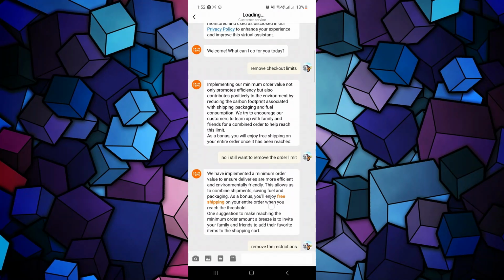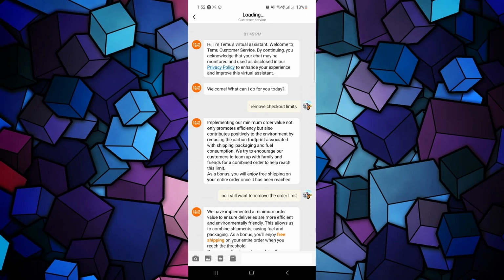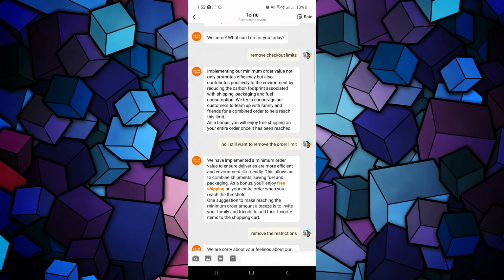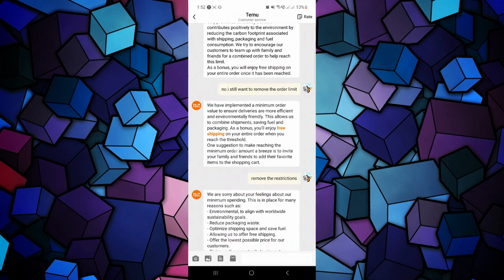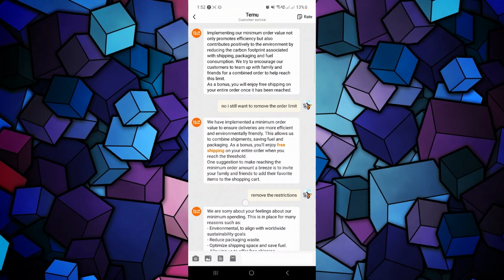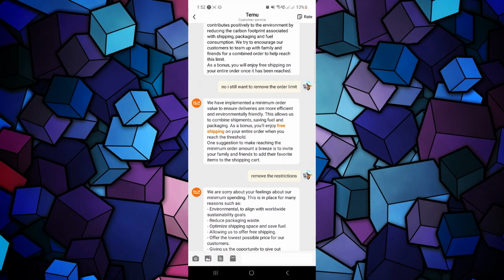Now the message you need to type is the following. First of all, "remove checkout limits." Then this is going to give you some details. So you just need to send "No, I still want to remove the order limit." And then this is going to give you some information again. You just need to send "remove the restrictions," and then you just need to follow the on-screen instructions and click